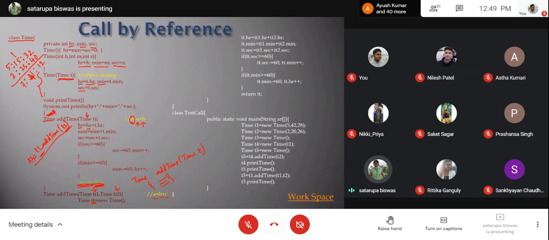In the same way, the minute and second also to be found, so that after these three operations, inside the TT, the added values are present. Not like the previous case. In the previous case, you have updated one of the operand. Here, you have taken a fresh object inside which the added values are taken. But this object is a local one.